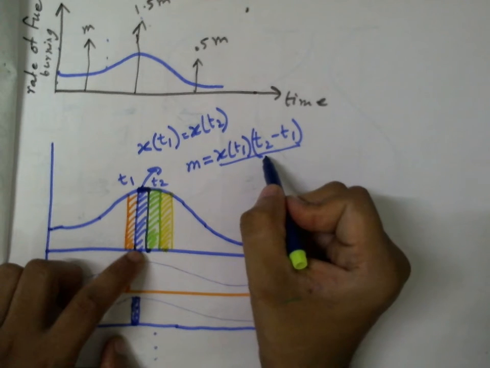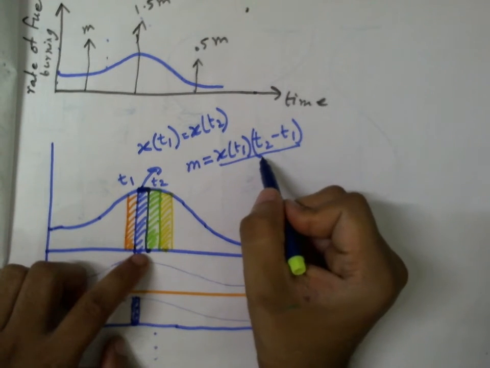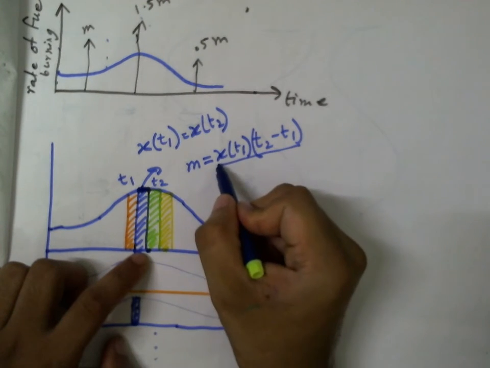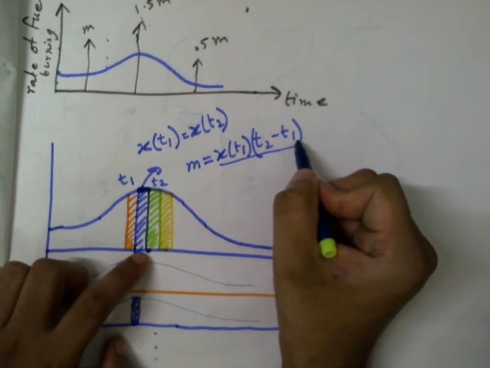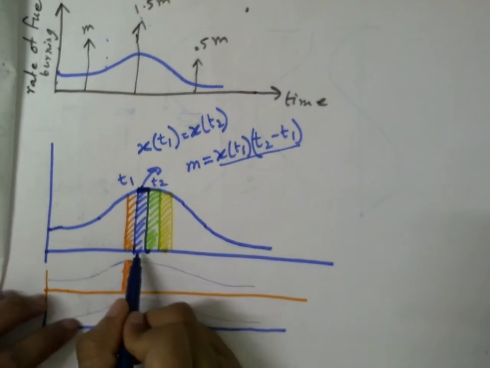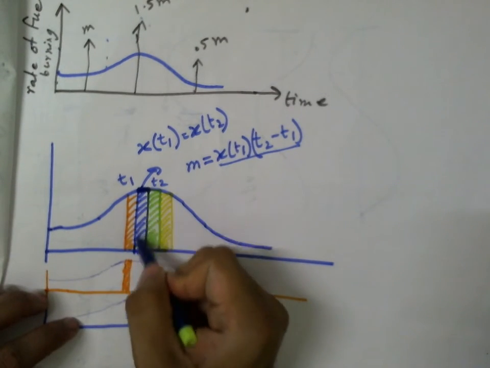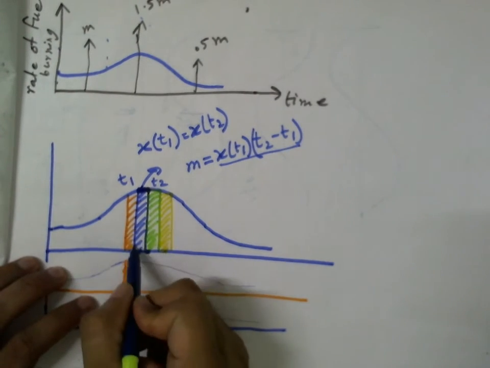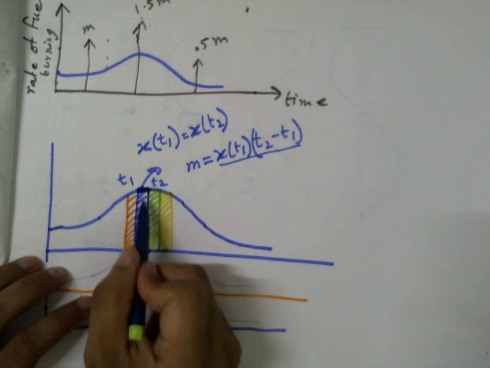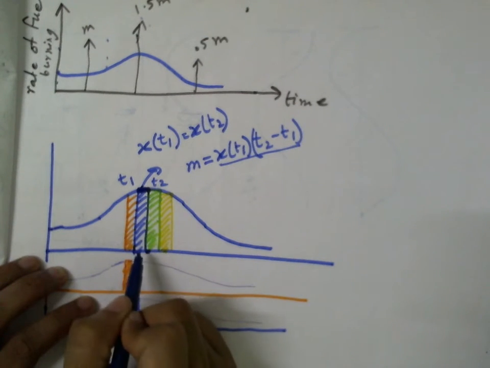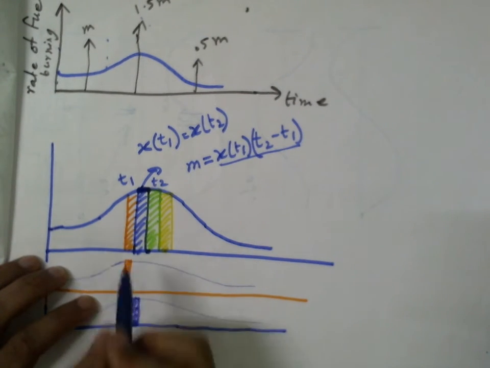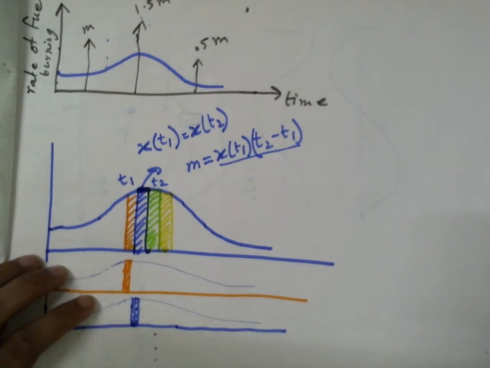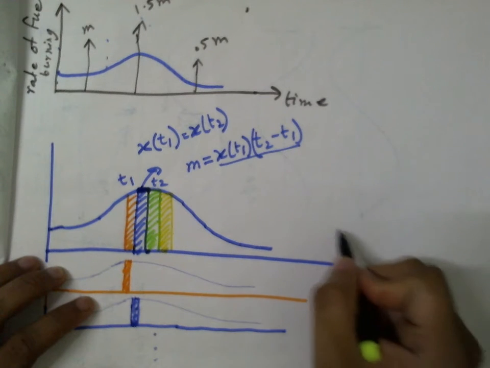So this I can assume to be the value of this impulse function. So x(T1) times (T2 minus T1) is the value of this impulse function. Therefore, I can assume that this blue bar is equivalent to an impulse function, and the response to this function, if I draw it here,